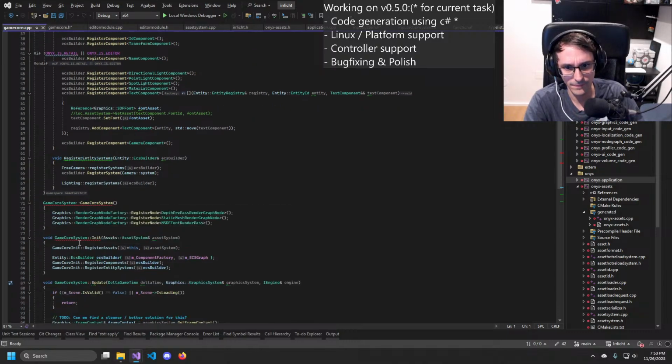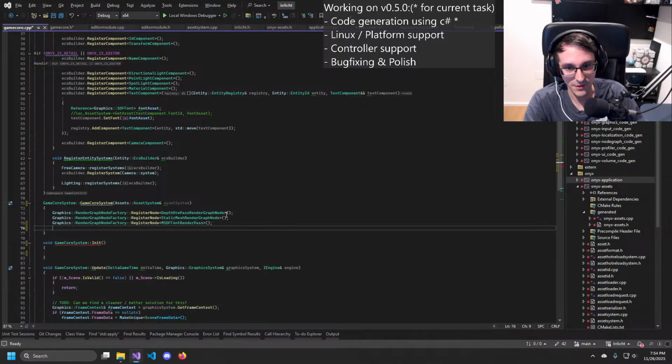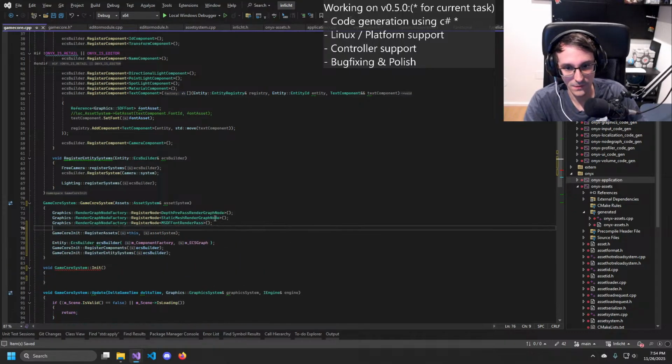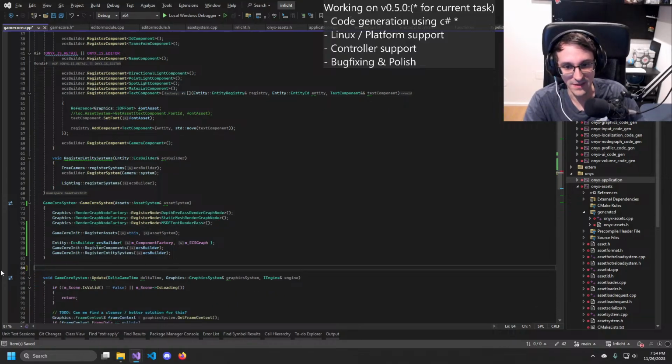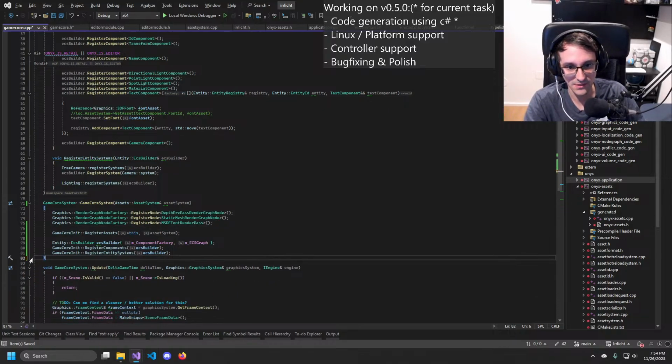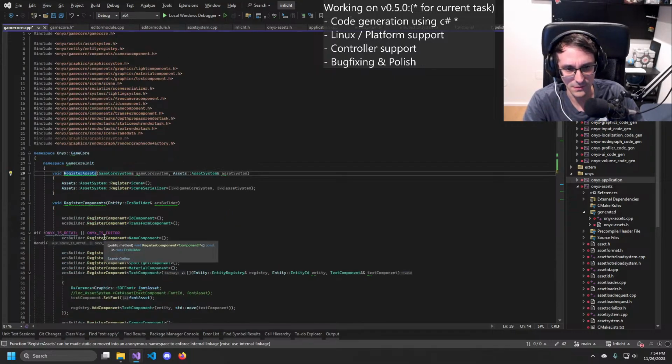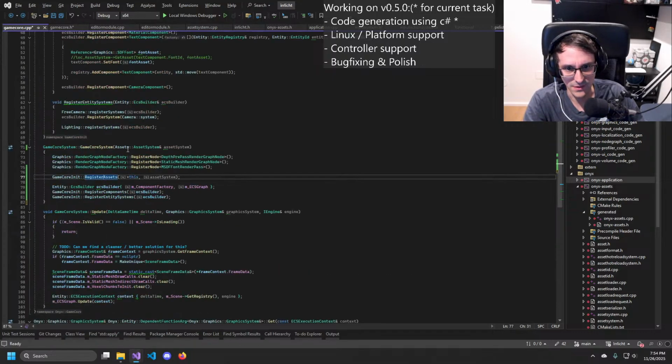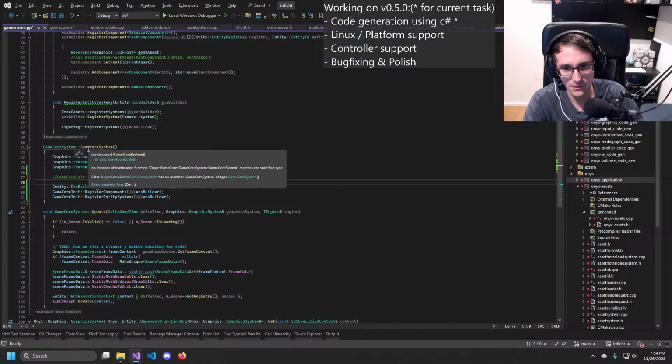It's really just for that. Well, in that case, register assets, this can actually be empty, because we don't need that anymore.